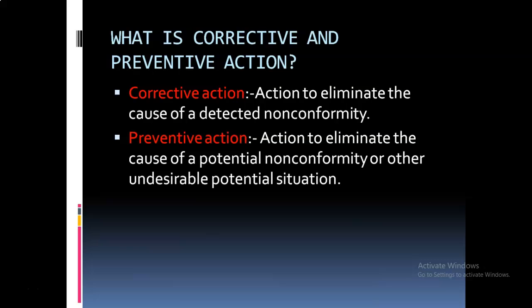The example of corrective action and preventive action is that, for example, a bad part reached the customer end. Why did the bad part reach the customer end? Because of the unskilled operator or the unskilled inspector who checked that part. Through why-why analysis, we identified that it is a root cause, and the corrective action to remove that NC is that proper training is given to the inspector, and the preventive action is that the limit samples are displayed at the final inspection stage so that this type of issue will not happen in the future. So this is about corrective and preventive action.